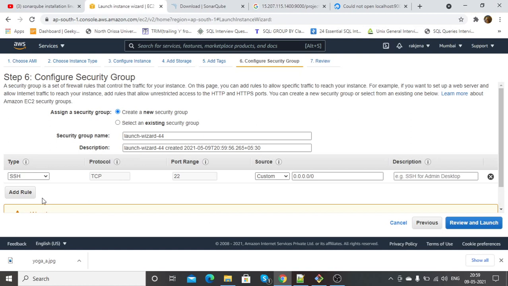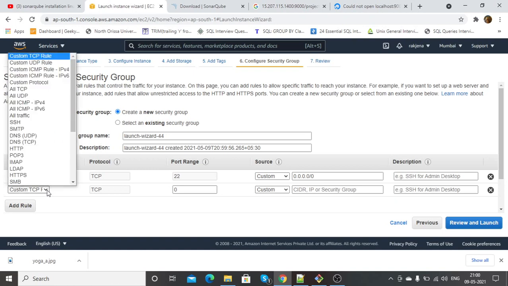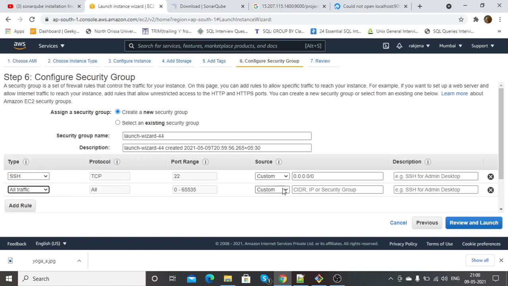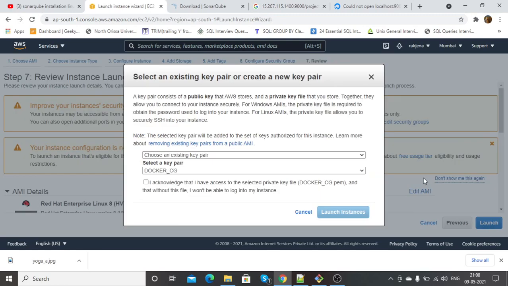So I need to add a rule here, as SonarQube has to be listened through the port number 9000. So let me make all the traffic open so that we can access. Otherwise you can put the port number only.